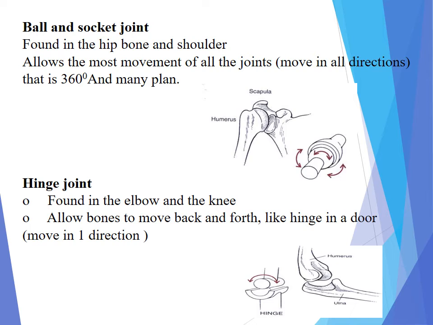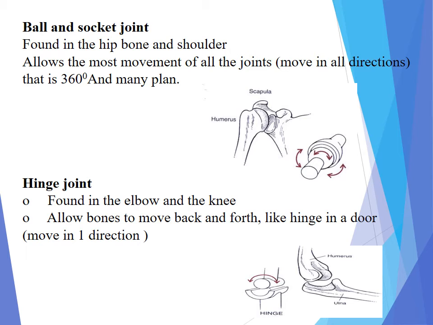In the same way, the thigh bone, which is the femur, and the tibia are attached with one another at the kneecap, and they make the knee joint. Why is it called a hinge joint? Because it is like the hinge of a door. If you look at the door of the room in your home, it is fixed at one point by the hinge and from the other point it is free,